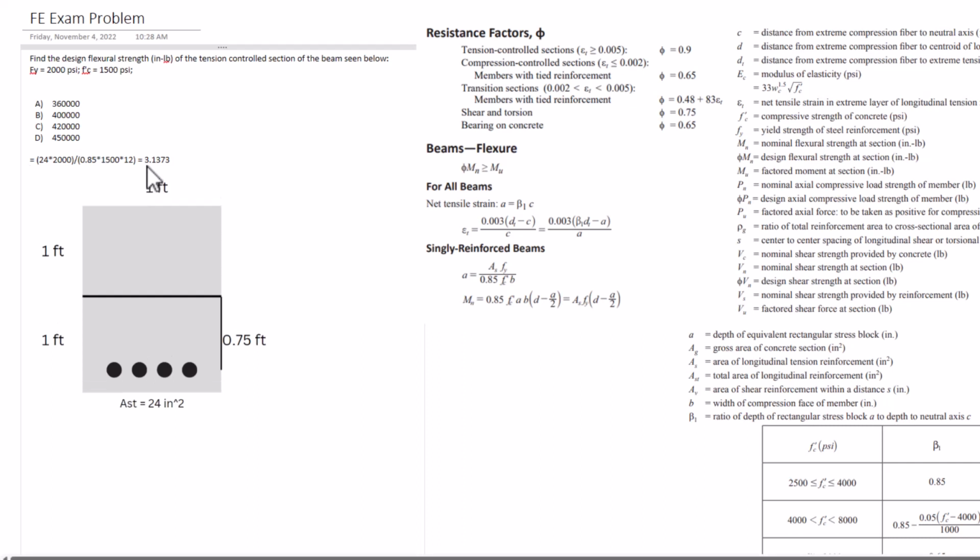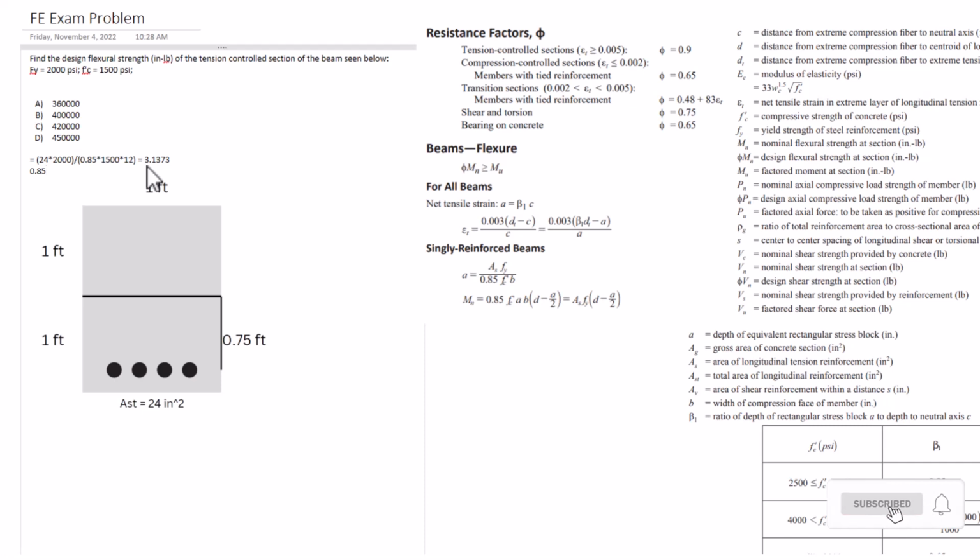Now we can use that nominal equation there. So we've got 0.85 times F prime of C, which is 1500, times that A value, 3.14, times B, which again is 12. And then we're going to have times this value here, which is D, which is going to be, let's define D real quick,